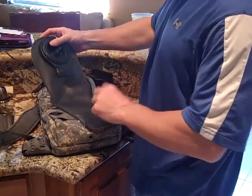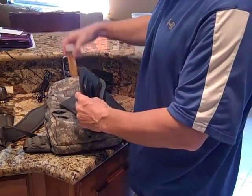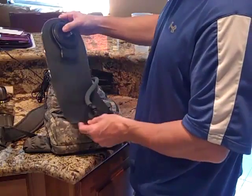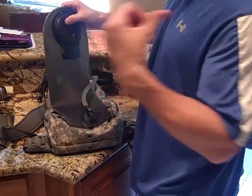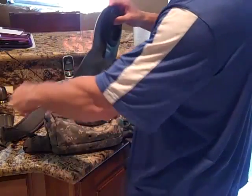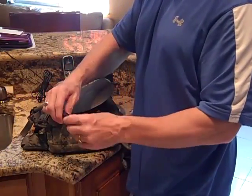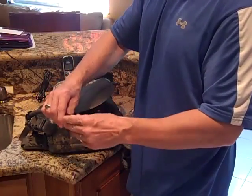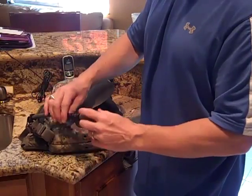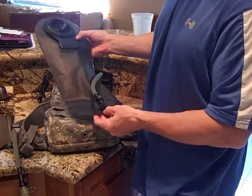When I come home, I disconnect the bladder, rinse everything out. Because these CamelBaks are not sugar based, I don't have a lot of sugar to worry about in my bladder system here. So I'll rinse everything out, dry off this bladder, place it back in the freezer. And what I do is, before I do that, I run some clean warm water through all the lines, the hose lines. And then I take off the bite valve. I'll wash the bite valve in the sink, let it dry, and then I clean it with alcohol wipes before I put it away. And then my bladder's ready for the next run,